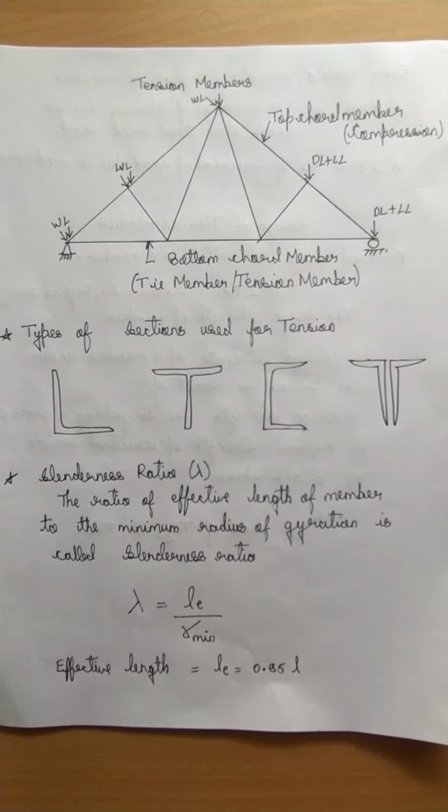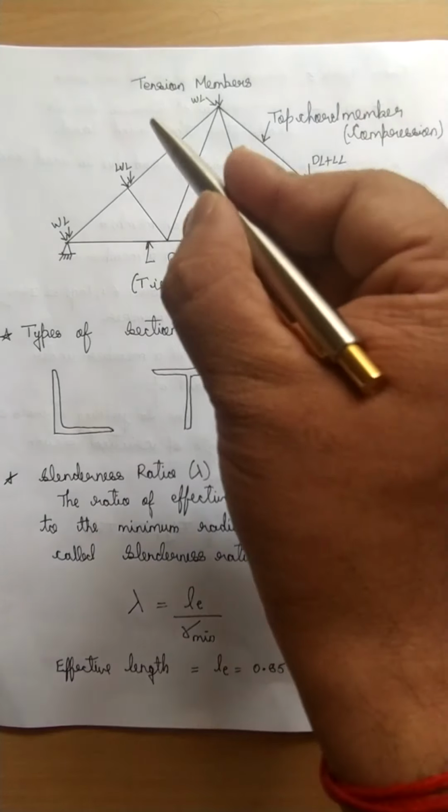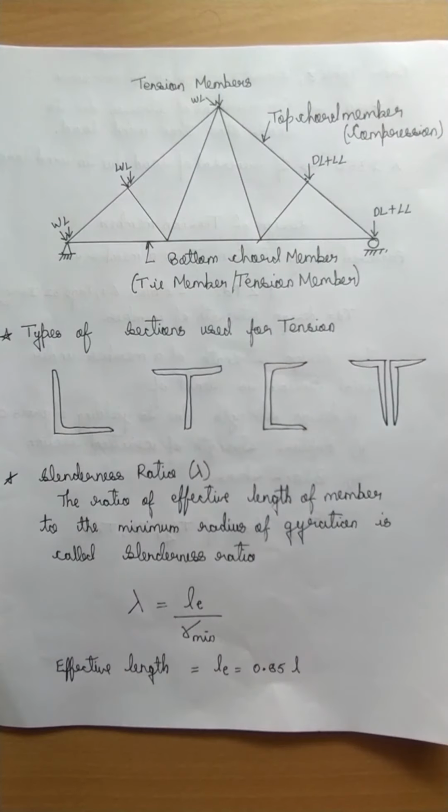Now in this we are discussing specially the design of steel structures, wherein the members are under tension. So let us start. So tension members, I will tell once again, are the members which have tensile force in them, or which resist the tensile force, or the members which are acted on by the tensile force.